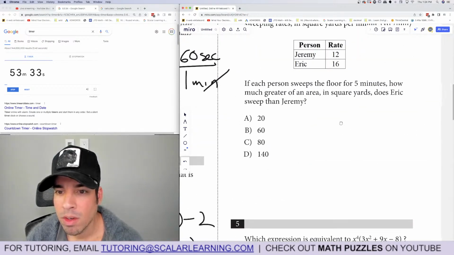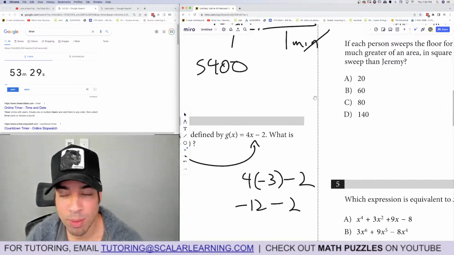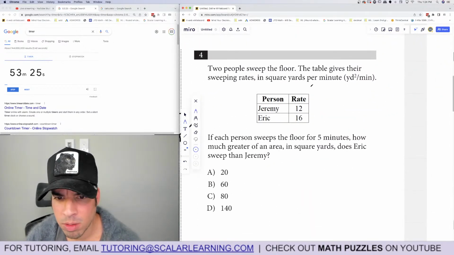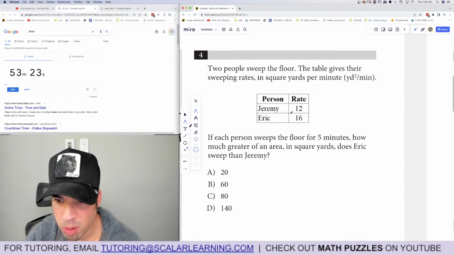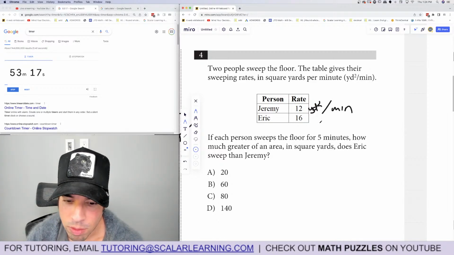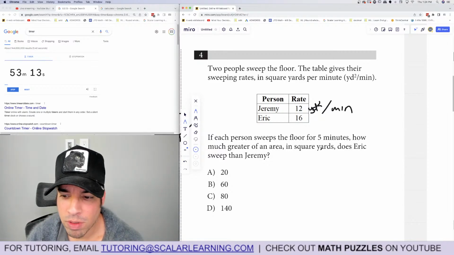All right, 4. Oh, wait. Hold on. I don't know why I'm checking myself. All right, 2 people sweep the floor. The table gives the sweeping rates in square yards per minute. Square yards, so 12 yards per minute. And for both. If each person sweeps the floor for 5 minutes, how much greater of an area does Eric